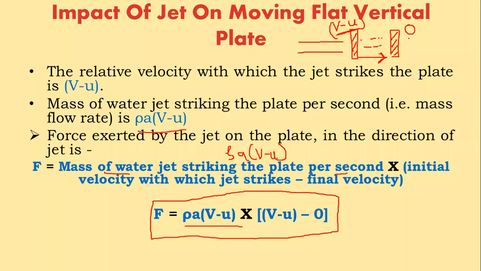Okay, away from the jet. The plate is going to move forward away from the jet due to the force of the jet, and it is going to move such a distance forward that it will fall out of the influence of the jet. That means after the jet strikes, the plate moves forward and falls out of the influence of the jet. Even though the jet is coming out of the nozzle, it is not able to come in contact with the plate now because the plate has moved forward. So after the moving, the final velocity with which the jet strikes the plate will be 0.